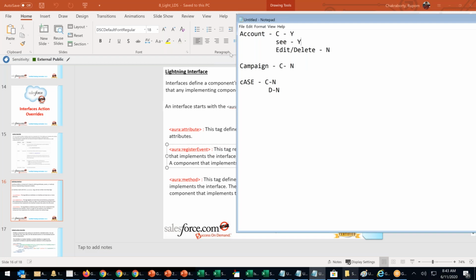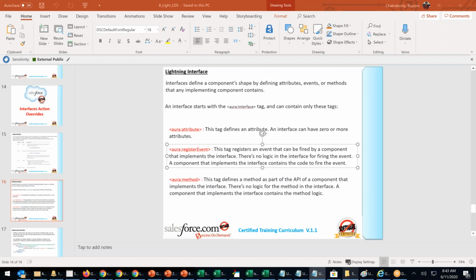So today we will see how to write an interface with a method. Let's start with method first. What is a method? Whenever you want to pass data to or control a child controller, we use a method. Using a method, you can pass data from parent to child. Not only that, you can also control the child controller. Now let's go ahead and see.